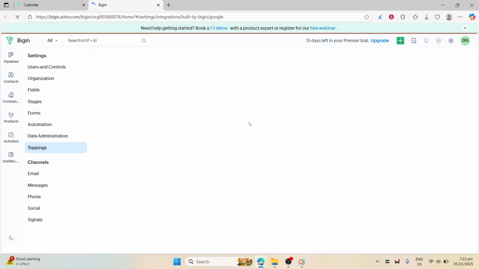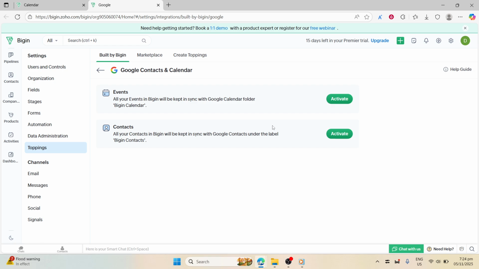If you choose Events, Bigin will sync your planned activities and meetings with Google Calendar. This is perfect if you're looking to manage all your engagements on one single platform, ensuring you never miss an important meeting or appointment. On the other hand, if you opt for Contacts, Bigin will sync your Google Contacts into